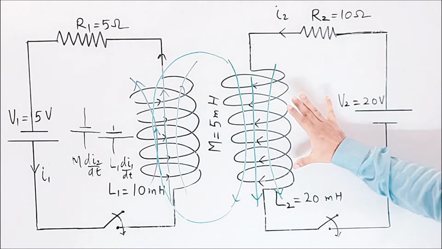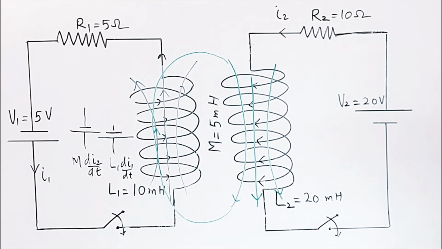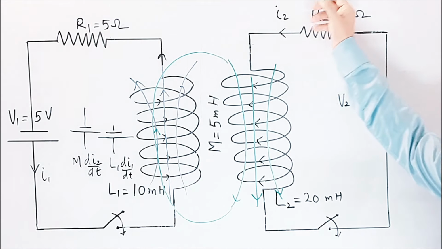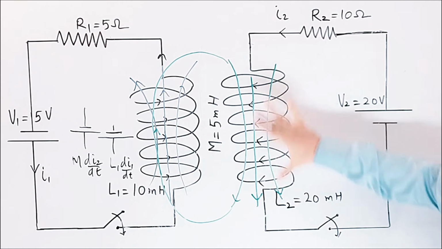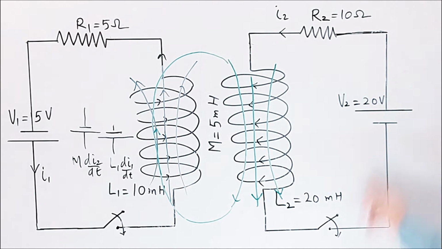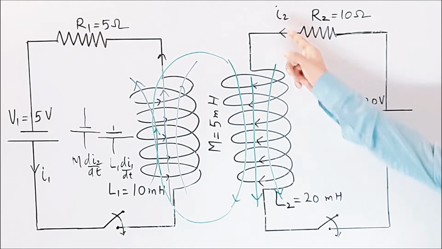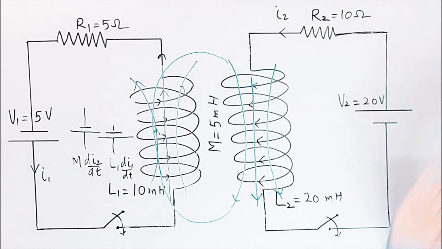Now coming to this circuit. Again, in this circuit the current is going like that, and the green color is the magnetic field line of this coil. The current is increasing, so this field line is increasing, and more and more flux is going through as time passes. So the induced EMF will be opposing this current, which is possible only if the positive of the induced EMF is along this direction.